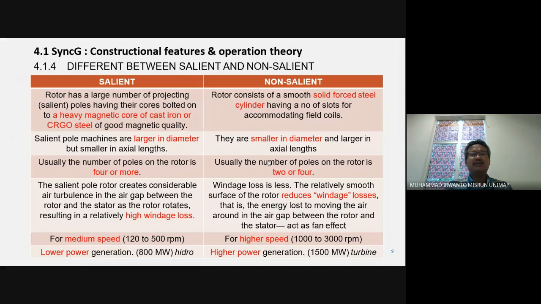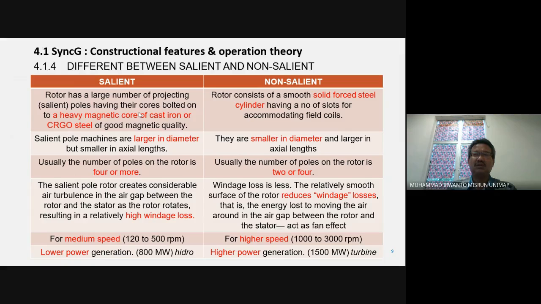Okay, and then we can list the difference between salient and non-salient rotor generators. For the salient, the rotor has a large number of projecting or salient poles having the core bolted onto a heavy magnetic core of cast iron or cast steel of good magnetic quality. Now, if one rotor is constructed to be a salient pole,